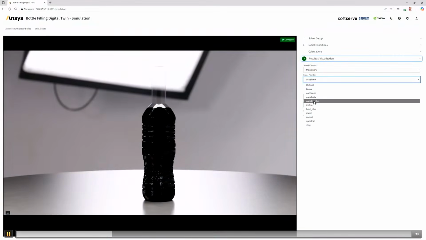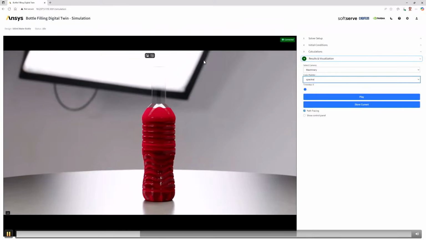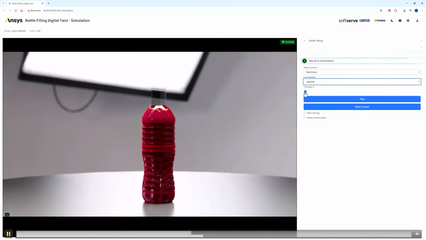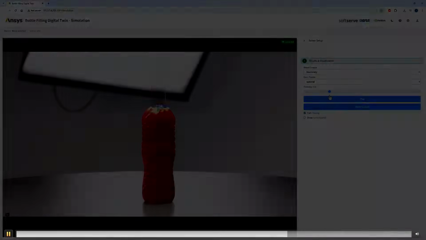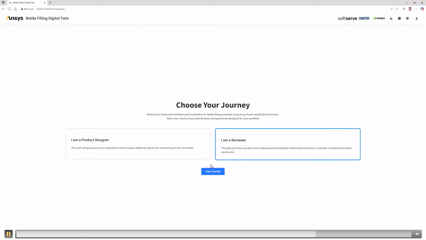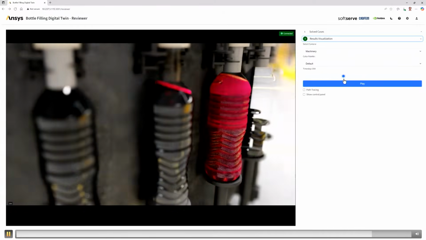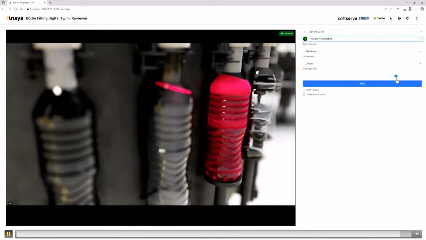Yeah, so hello everybody, this is Ganesh Sivaraman. What you're seeing here is a bottle filling simulation that Synopsys has built. We're going to dive into the depths of it, how it was done, why it matters, and how you can get started. All of this is using Ansys Fluent Solver, using Omniverse technology, all running on Azure. The whole idea is to democratize and make the whole simulation experience a lot easier and a lot more accessible to a broader set of users.